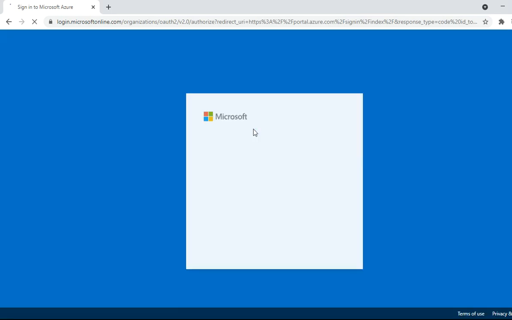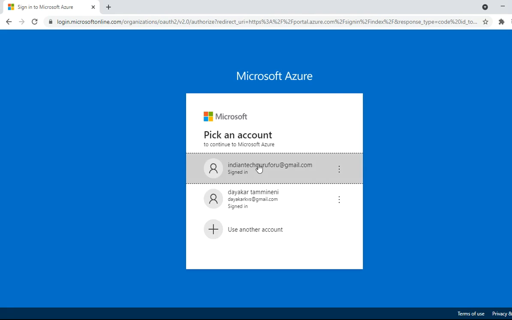Just select the user ID and password for which your Azure portal is activated. I am selecting my user ID as Indian Tech Guru for you @gmail.com because my Azure account is linked with this particular account.